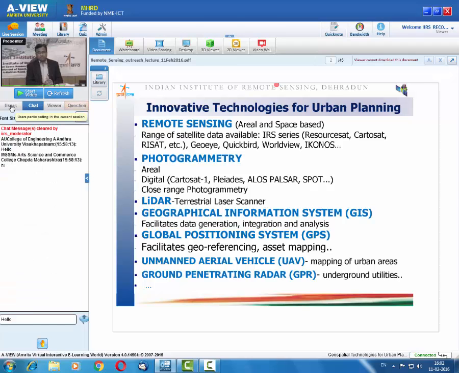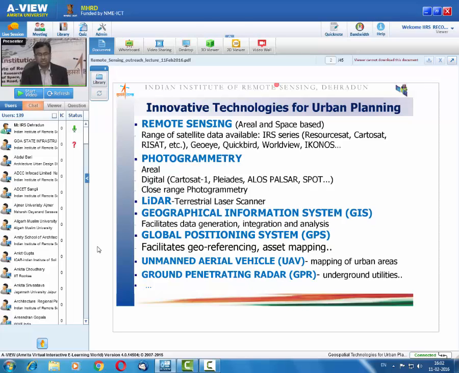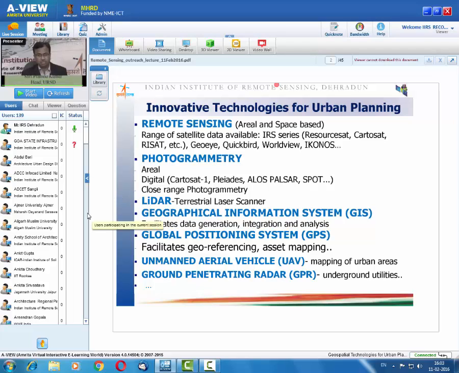Let me begin with the field of urban planning. We have got several innovative technologies, and these technologies are helping us with the mapping, monitoring, and management of urban areas. Some of these technologies are remote sensing, photogrammetry, LiDAR, geographical information system, global positioning system, UAV, GPR, and so on and so forth. As of now, in the field of remote sensing, we have got a variety of data sets